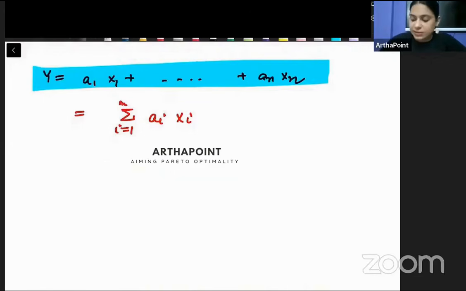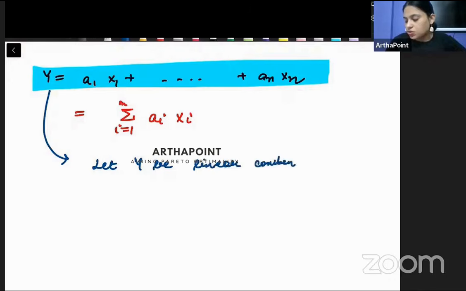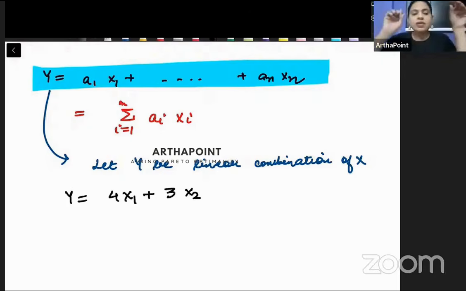We are going ahead and saying that, well, let y be some linear combination of x's. Linear combination का क्या मतलब होता है? What is the meaning of linear combination? Linear combination basically means कि अगर suppose बेटा मैं ऐसा कुछ लिख दूं आपको कि y is equal to 4x1 plus 3x2. मतलब x1 and x2 को हमने कोई power नहीं दी है. So this is going to be a linear combination. There is no power that I am allotting to x1 and x2. So it's a linear combination.